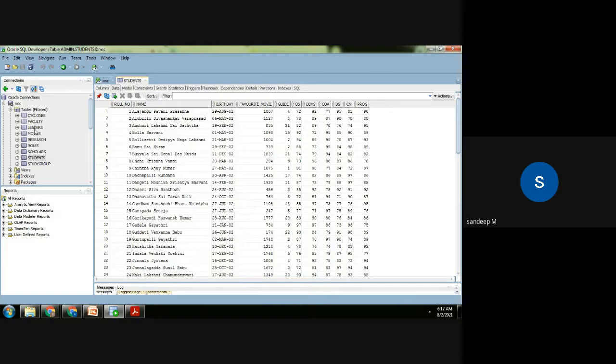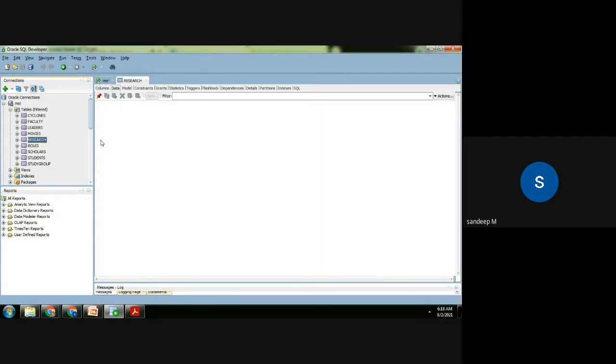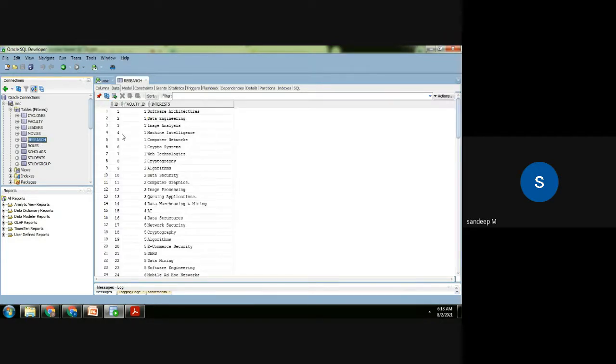So you go to the faculty table, and there will be the ID column 4, and there will be the other details. There are further details also for faculty, but that's split into some other tables. So for faculty ID 4, we are getting here faculty qualification. But if you want to see what the research areas are, then you can go to research, and again based on the faculty ID, you can get the research areas.